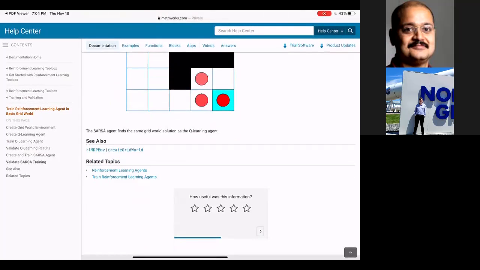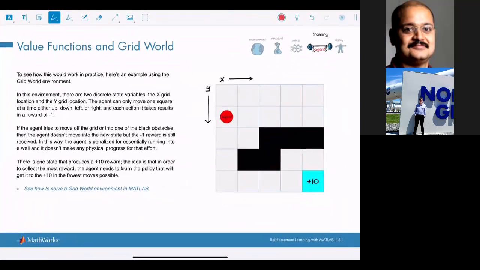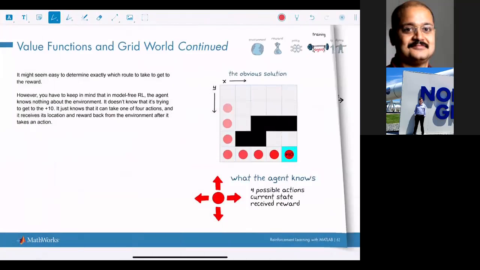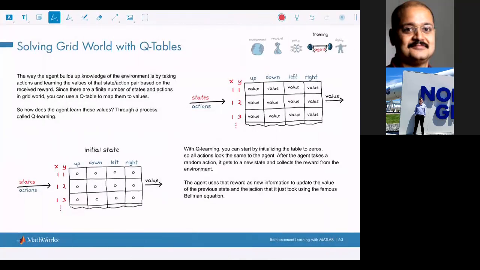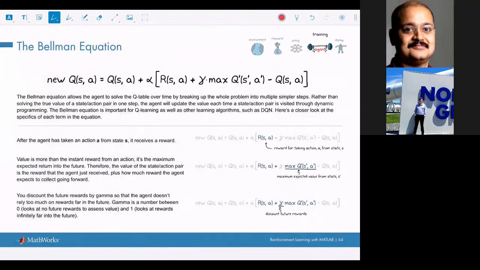And then that will give you some sort of basic understanding of how reinforcement learning works. There is one more example that I want to tell you about, and this is something important. So how is this actual math solved? Basically, that math is solved using something called the Bellman equation. The Bellman equation is the same equation that we use in optimization to solve dynamic programming problems.